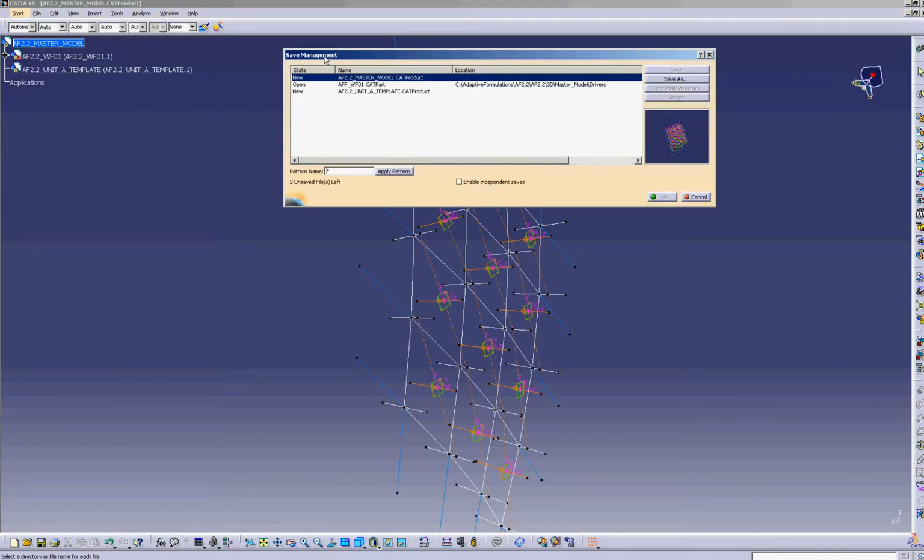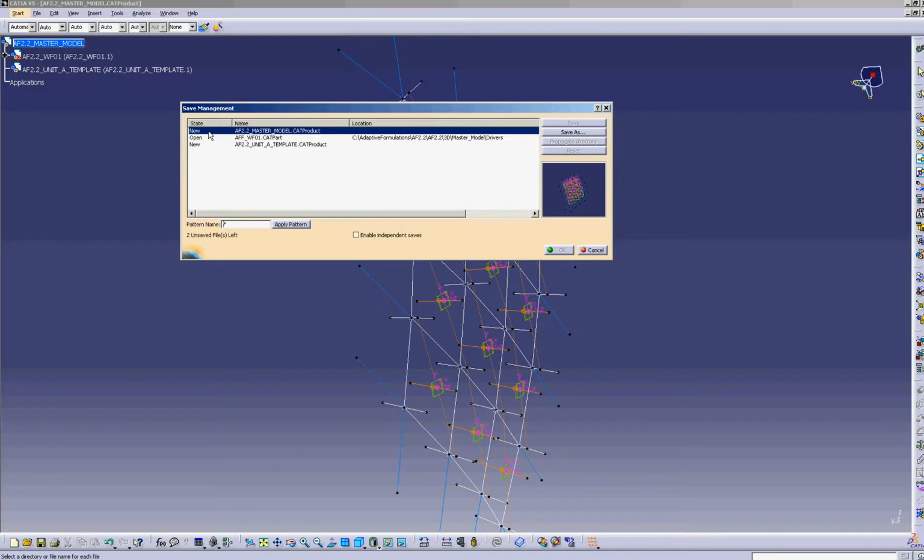Save Management is showing us I've got a couple of new parts. Remember, we made the master model product. We haven't saved that yet. We have the wireframe, which we made earlier, and we inserted. So I only have that open right now, and it's telling me it's open, but it's already saved in this location. And I also have this Unit A template cat product. So I'm going to save as. And the first thing I'm going to save is my master model. So if I highlight that, click Save As,